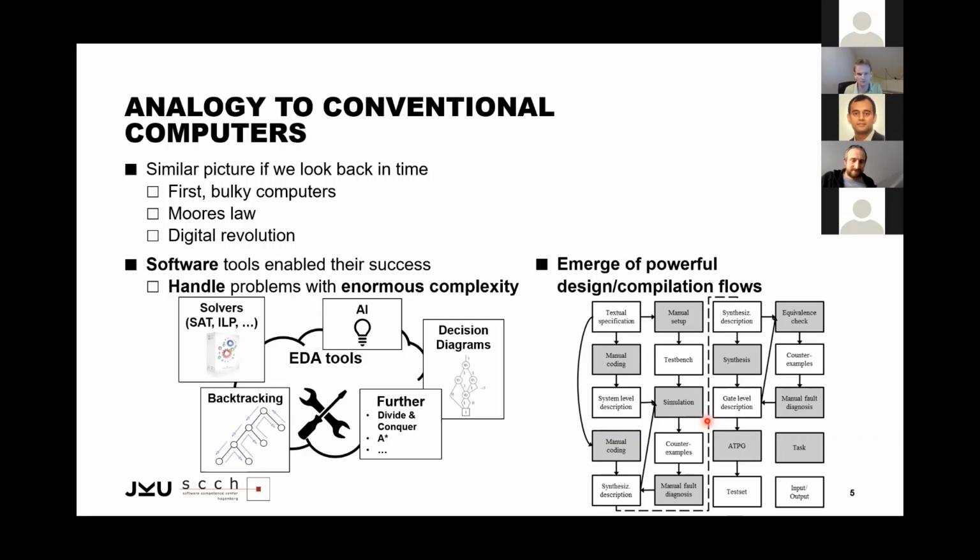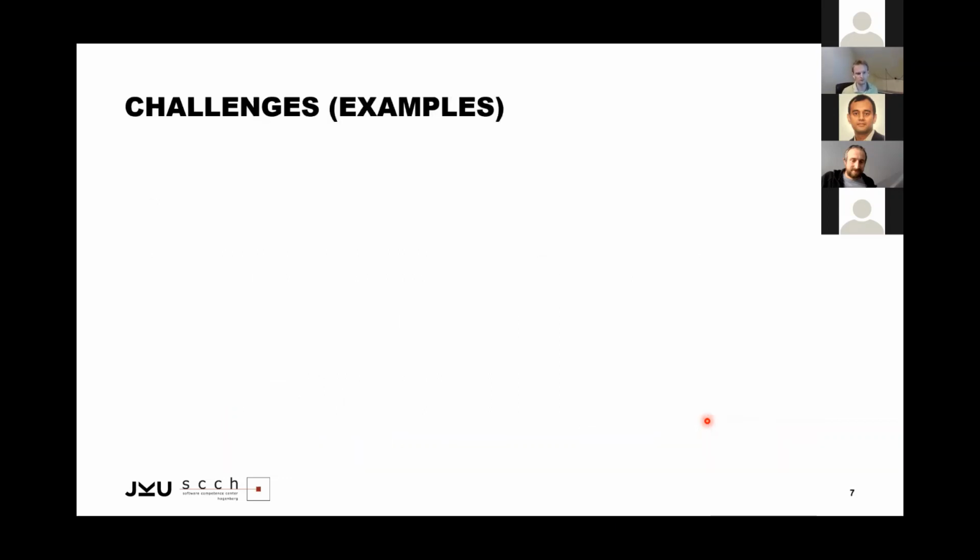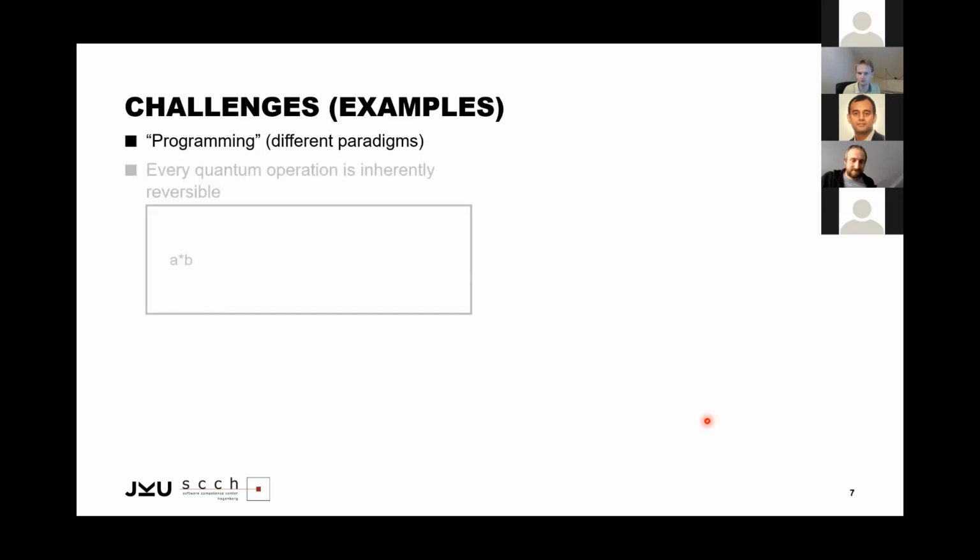And TCAT is a perfect example of the development of recent years. Tools like TCAT, as introduced by Ross in the previous talk, are essential in order to keep going with the development of quantum computing. But of course, there are several challenges which need to be addressed. Developing tools for quantum computing differs from developing tools for conventional circuits, and the whole way we are programming is totally different. We have a completely different paradigm.